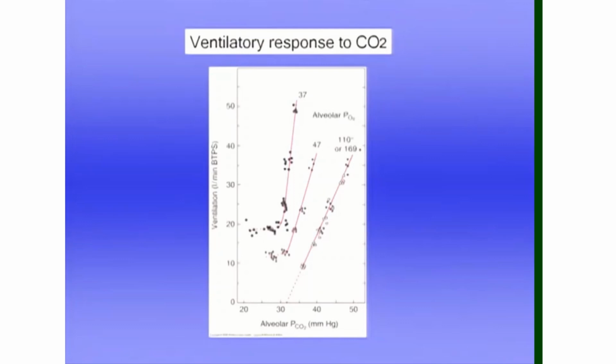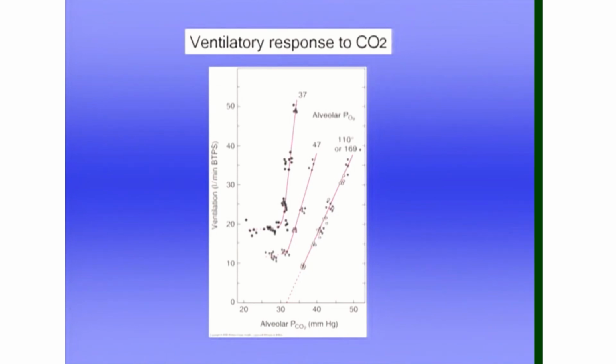Okay, now I've dealt with the main components of the respiratory control system. We looked at first of all the central controller in some detail in the brain. We then looked at the effectors, the muscles of respiration, and we looked at the sensors, particularly the chemosensors, but other sensors as well. And now we're going to turn to the integrated responses, and here is the ventilatory response